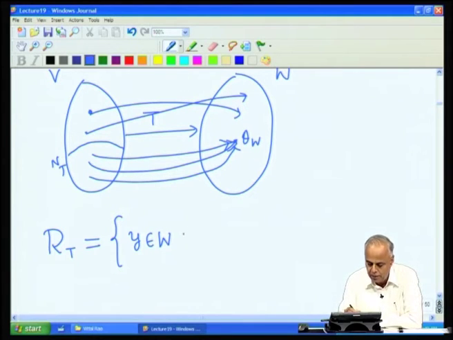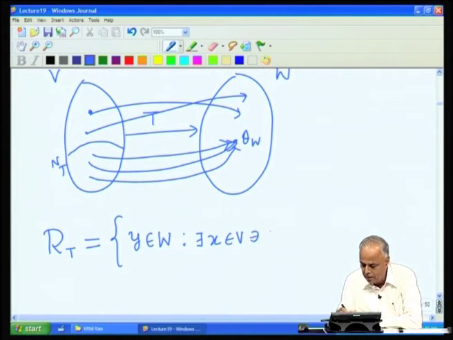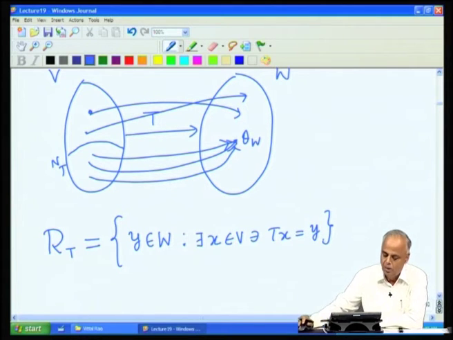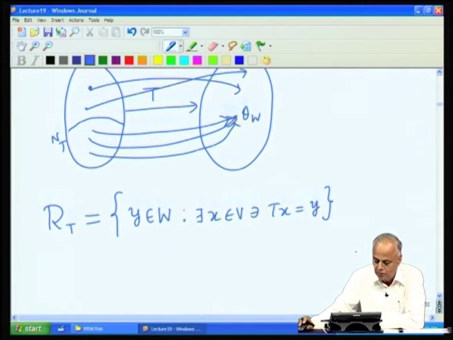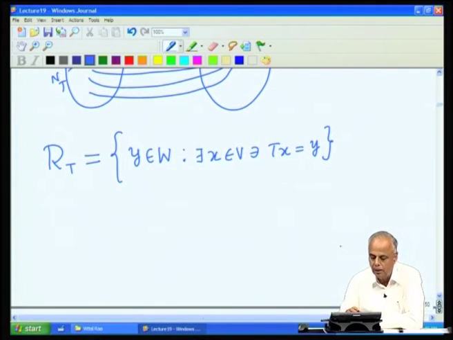These are points in W such that somebody comes and falls there, his image comes here under T, that is, there exists an x in V such that the image of x under T is y. So, y is a focal point for x, then he is taken into R T. If y is not the focal point for anybody, he is not going to be in R T. So, R T is the collection of all such y for which there is a pre-image x such that